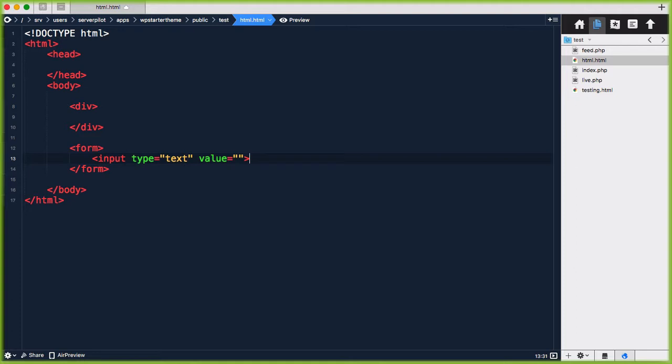And many times you'll see just this. You don't need a closing input field,